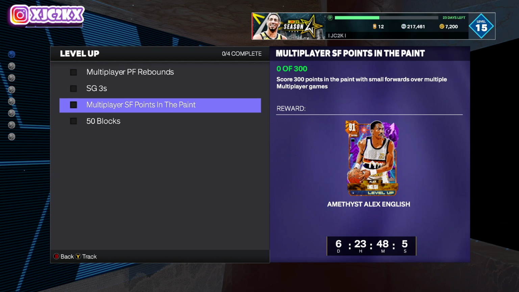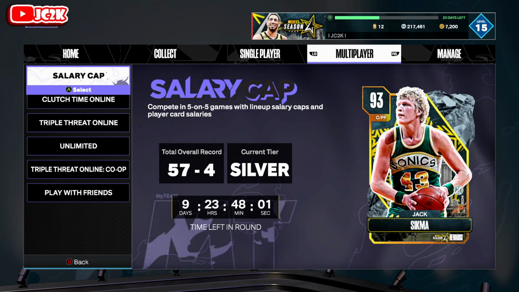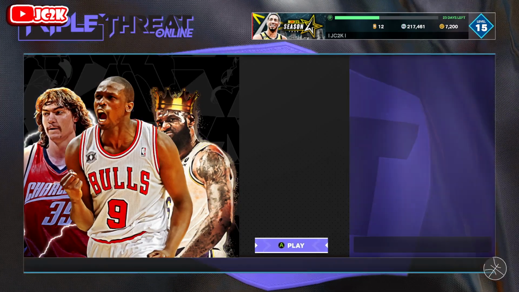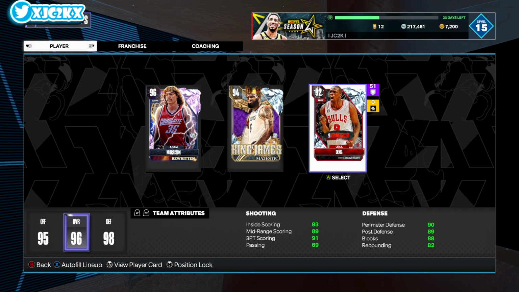Honestly, I think your best bet for trying to complete that is just going to be playing Triple Threat Online, and then using exclusively a team of all small forwards, power forwards, like the team that I have assembled right here. Adam Morris and LeBron and Luol Deng. It really could be anybody. You could throw Jayson Tatum or Dennis Rodman or even a budget card like an OG Anunoby or whoever the case might be as a small forward,